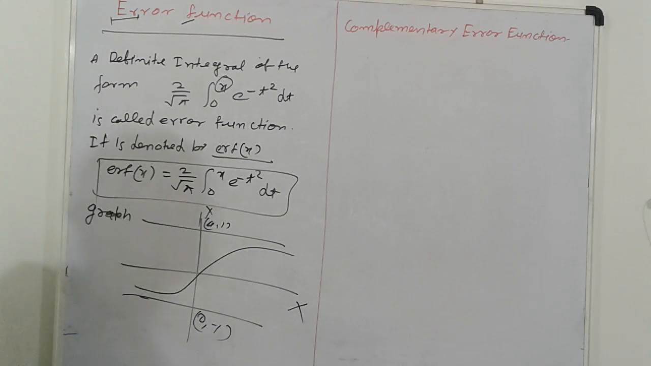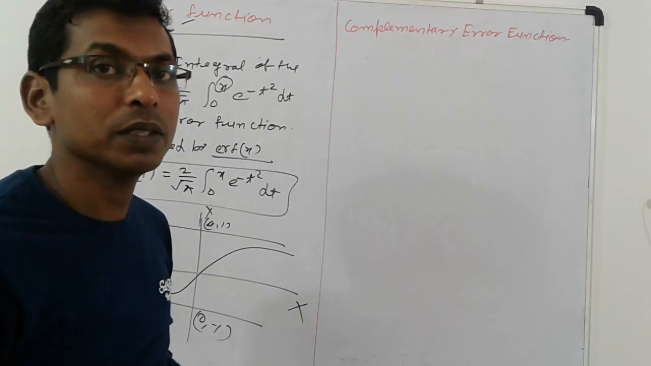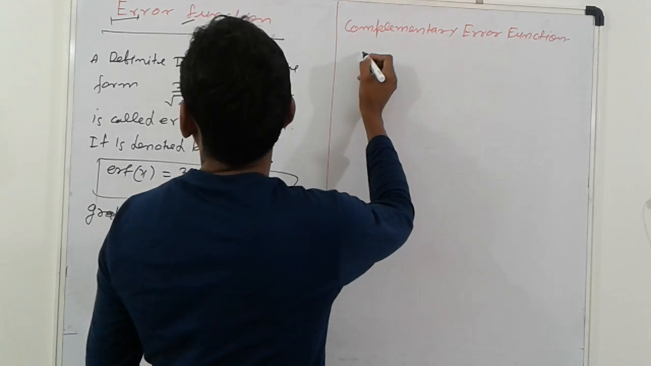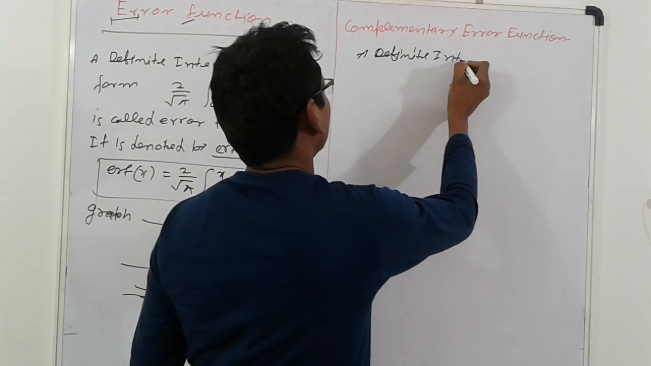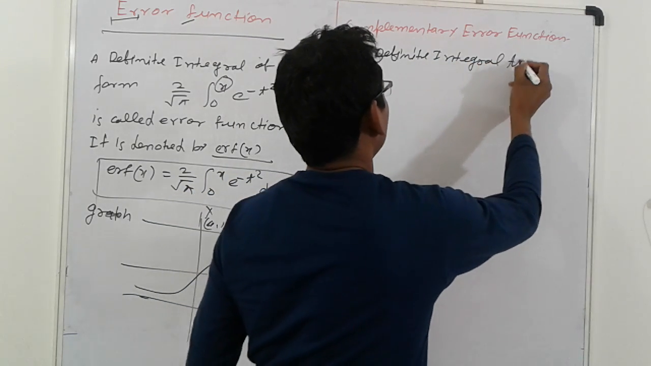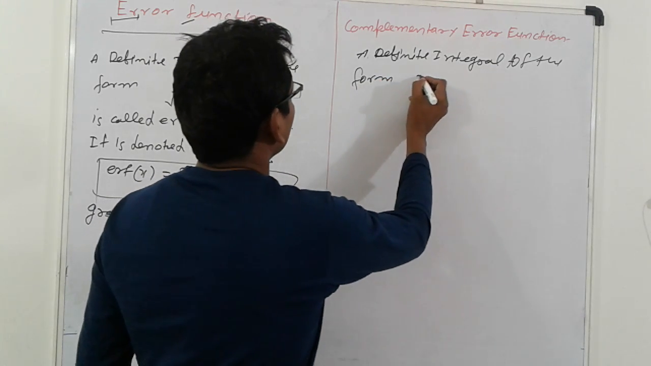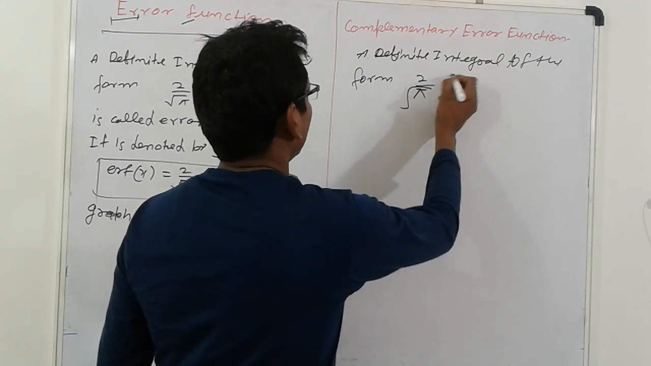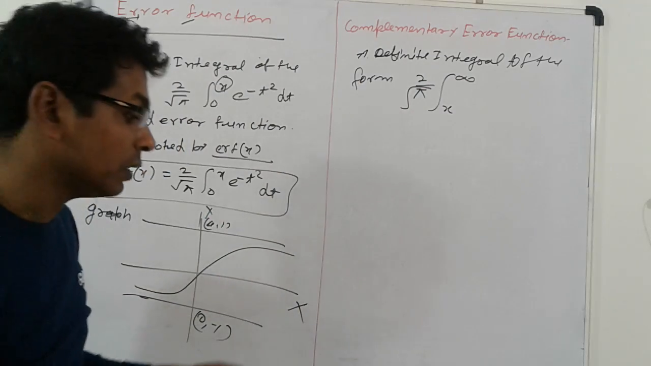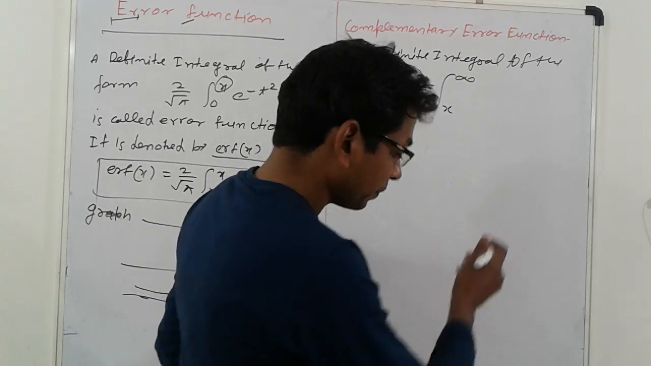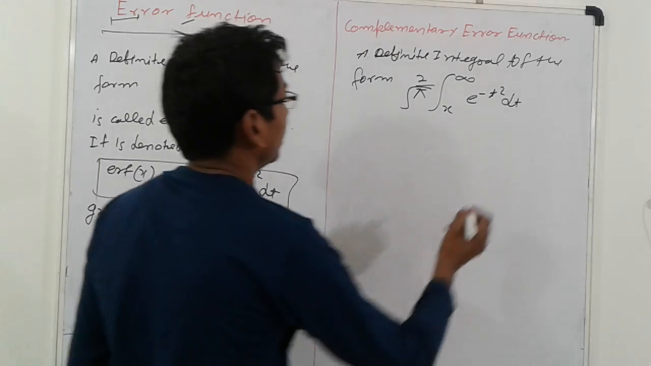Next topic is here: complementary error function. So complementary error function, what is this? A definite integral again, of the form 2 upon under root pi, no problem, that is here x to infinity. Only here that case change the limit only. This is x to infinity and e raised to minus t square dt is called